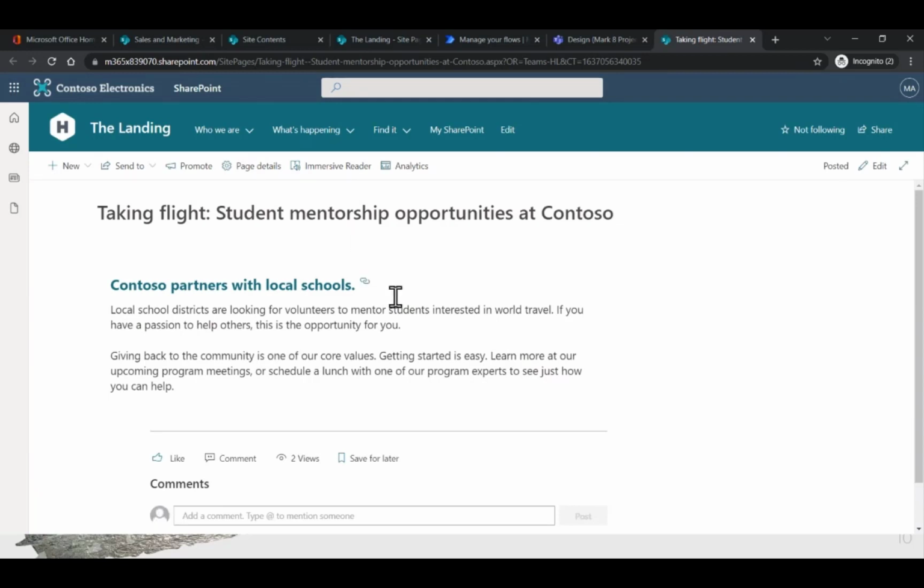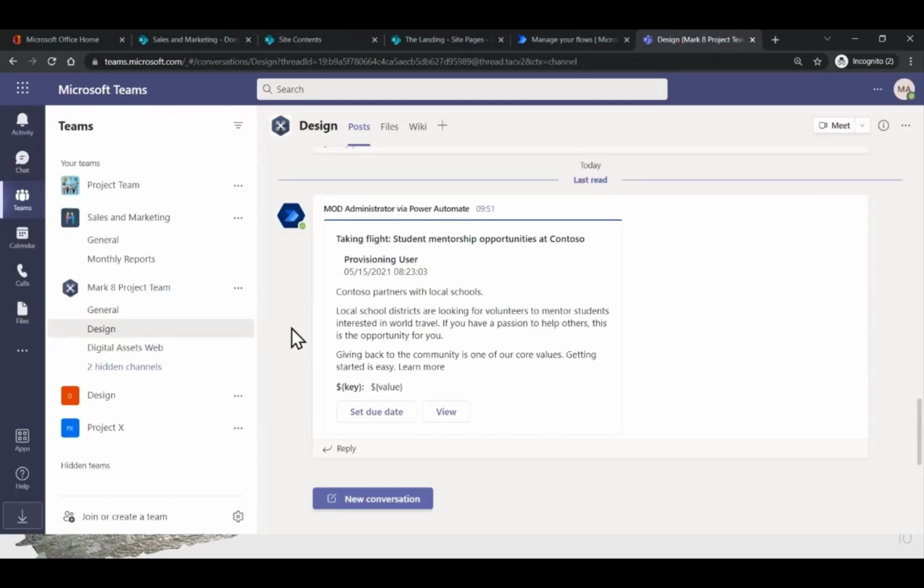And you can see it's just taking me straight there. So I can add comments, read the news, and interact with it. So that's one example of an adaptive card. That's the sending news directly to the team. Now, in terms of how I created that,